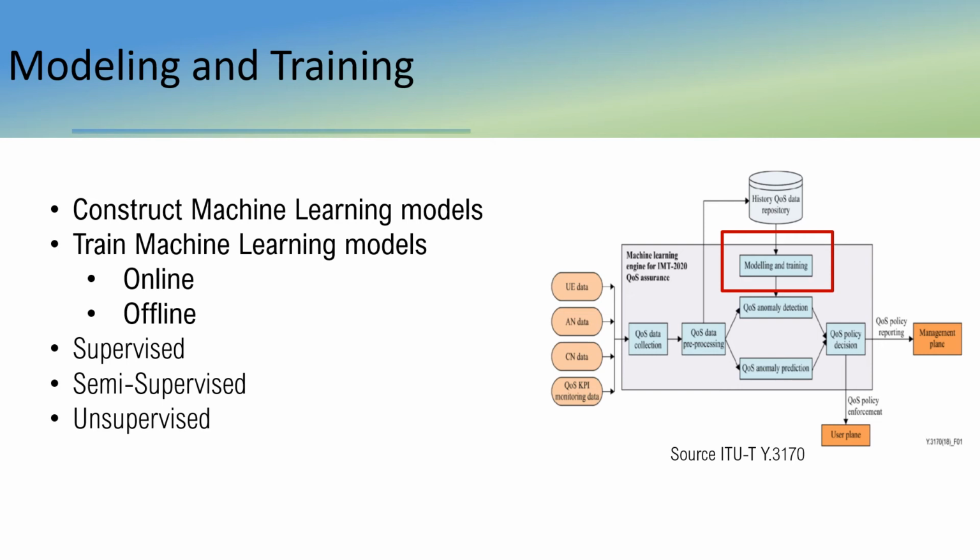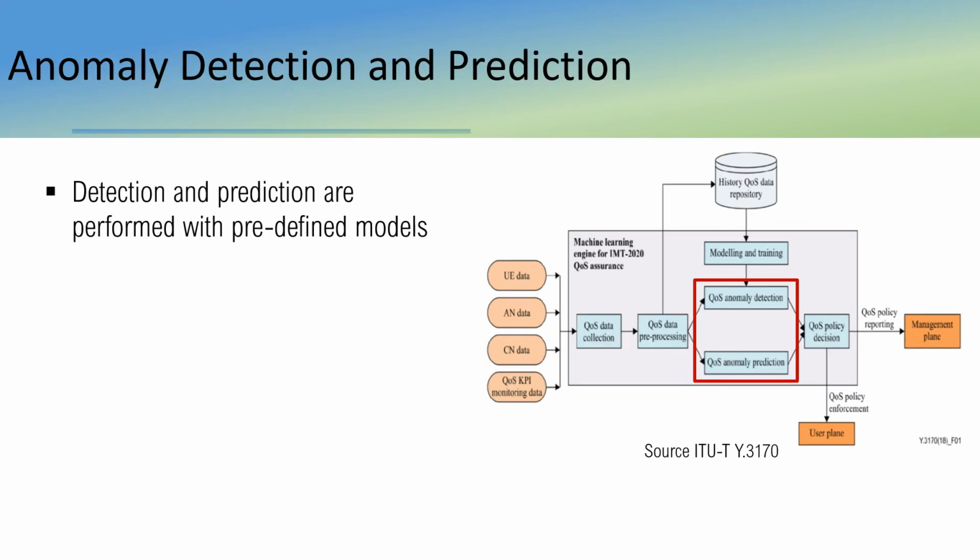So the functional model is now able to collect data, preprocess data, and train a model or models, either in offline mode or online mode. So the next step is to make use of this model to detect or predict anomaly. Anomaly detection involves finding patterns in data that do not conform to the expected behavior. Earlier we saw how the models are created. So these models are deployed and fed with new data to find anomalies.